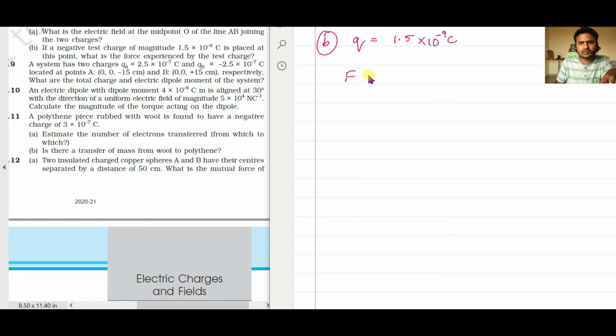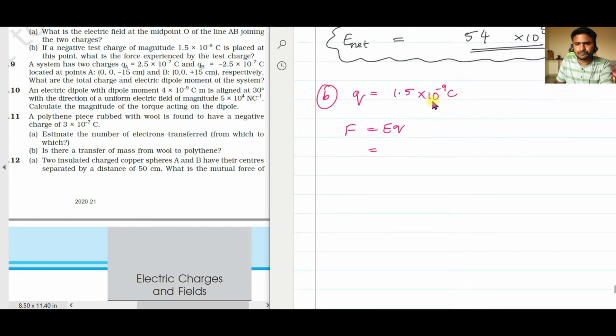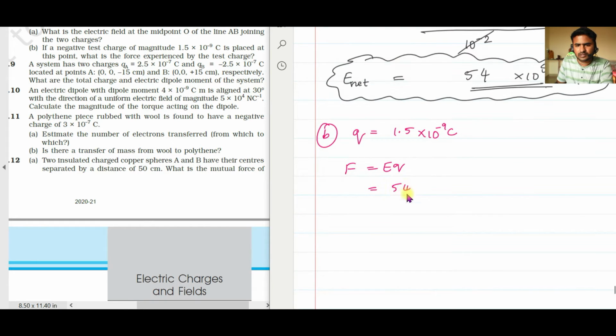So then I know that force is going to be E into Q. Okay, we just found out E. How much is the E at the center? It is 54 into 10 to the power of 5. And how much is the charge? It is 1.5 into 10 to the power of minus 9. Okay, so when you simplify this, you get